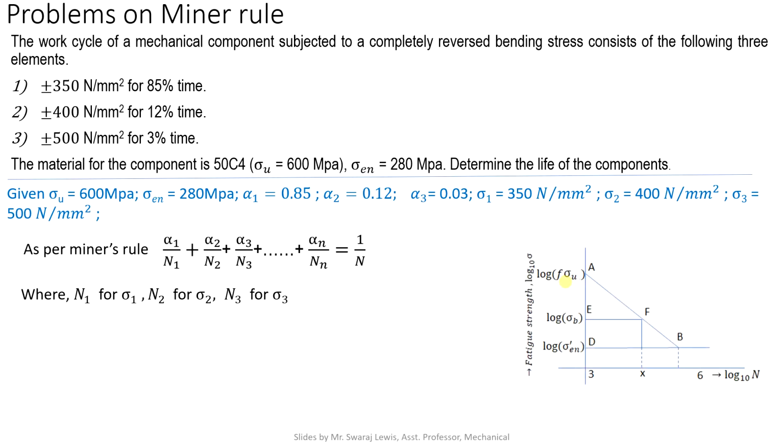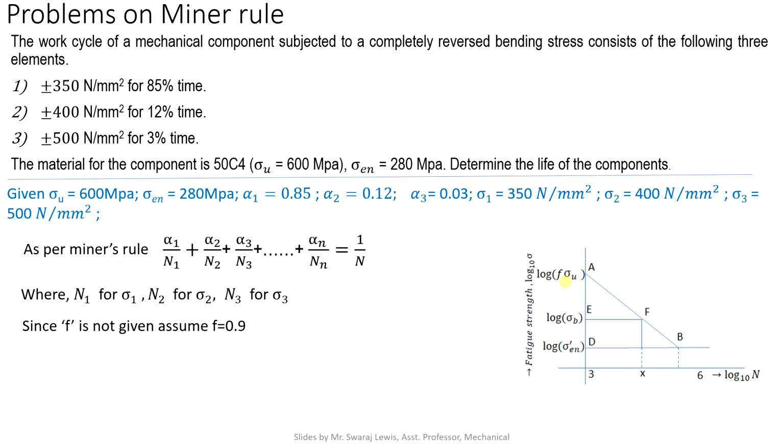We are going to use the S-N curve to solve this kind of problem. In a general S-N curve, it is a logarithmic graph where x is log of number of cycles and y is log of stress. In this graph we have ultimate load into fatigue fraction, that will be the point A, then log of modified endurance will be the point D, and corresponding to that, the various stresses at log of sigma. It can be axial load, bending load, torsion load. Generally it will be log of sigma.